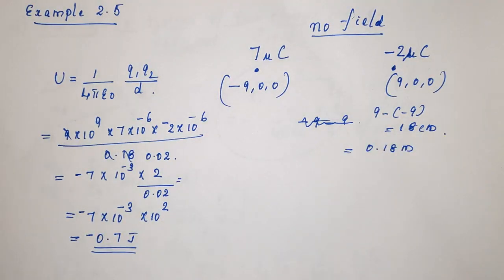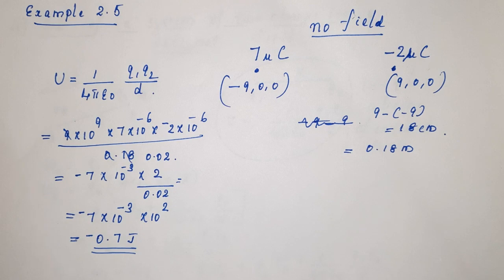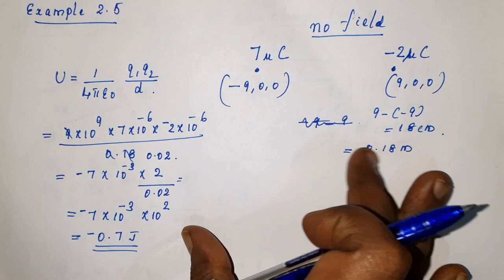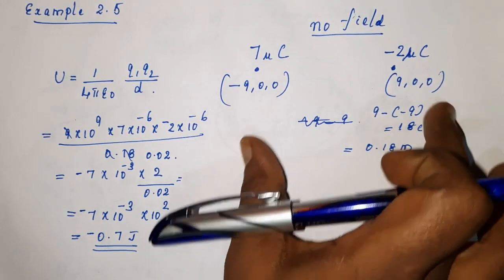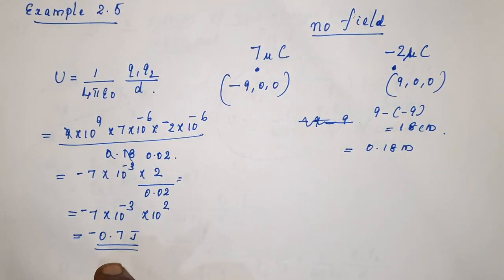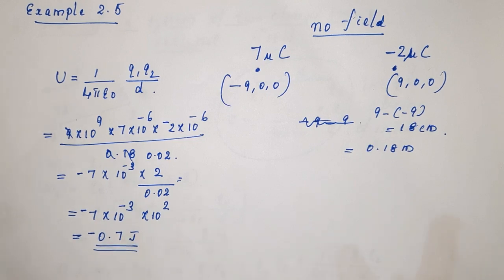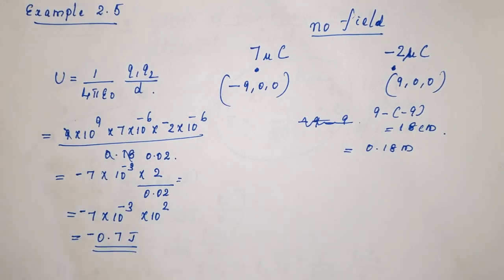Next question, that concept is very important. How much work is required to separate the two charges infinitely away from each other? What we already found is potential energy. That potential energy is the work done in assembling the two charges from infinity. From infinity to assemble the two charges at those 2 points, how much work is to be done? That's what we already found. Now in the second question, what is asked? How much work is required to separate the two charges infinitely away from each other?